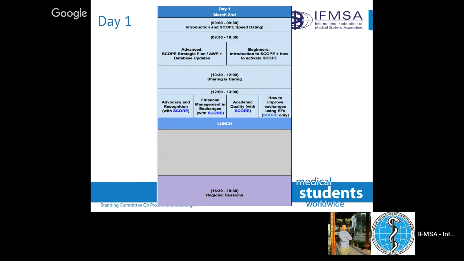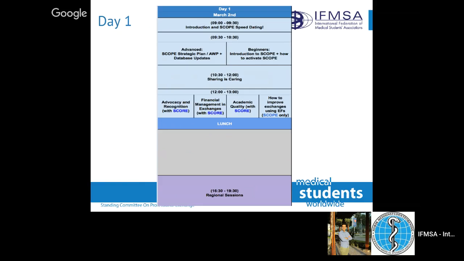Then we will have 4 parallel trainings from midday to 1 p.m. Those will mainly be joint trainings with SCORI, 3 of them, and 1 of them will be only a SCOPE training. The 3 trainings with SCORI are advocacy and recognition, for people who are maybe a little bit more expert about academic quality already, have some knowledge of academic quality, and would like to make the following step, which is having recognition for the program. And then financial management in exchanges, of course, for people who are interested in the topic, but at the same time